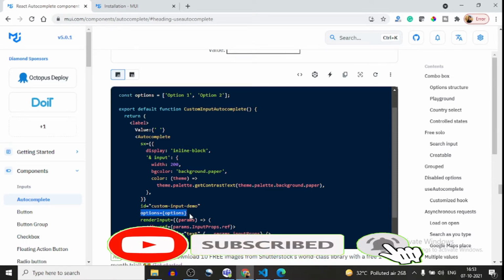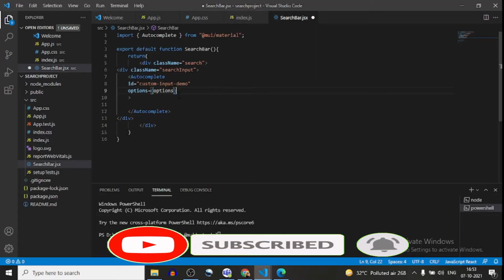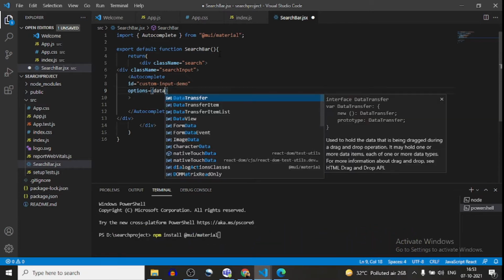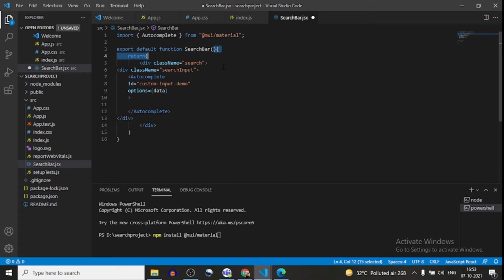What are options? Options means data. So here I will pass a prop, and this will be data, and the second prop I will pass is placeholder. This placeholder I will pass in the input.